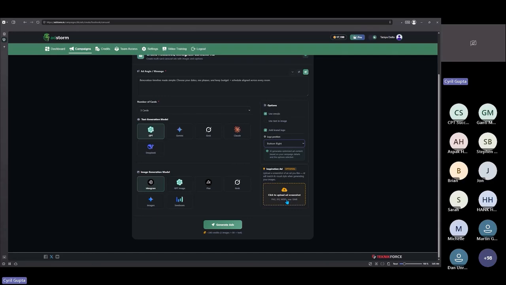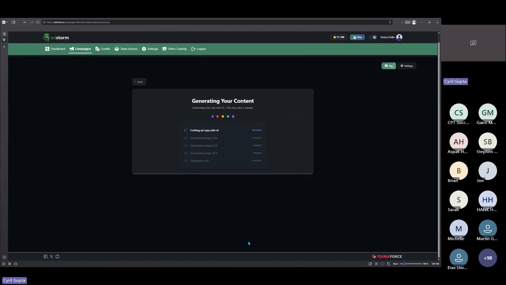I got to remind you that all the ads that you create using the clone ad or inspiration feature, they're not going to be copies. They're going to be legally inspired by whoever you want to. So again, that's easy, right? Click on generate ad, and it's going to take a few seconds and make an ad right away in front of us. So we're going to hold on till there and talk about other stuff in business.